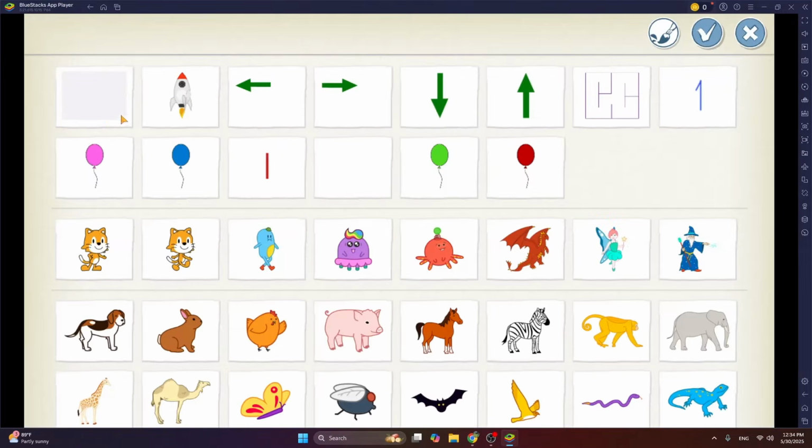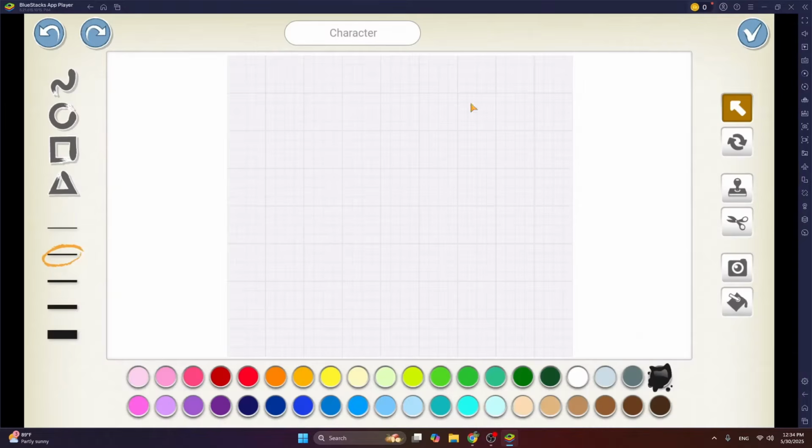So click on plus. I've already shown you how to draw these arrows for our maze game, but for my friends who are joining me for the first time, I am going to draw it right in front of you one more time. So click on the paintbrush and use this triangle tool to draw a triangle, but it is pointing up. I want it to point right. So click on this rotate button and then select your arrow and then make it point towards the right.